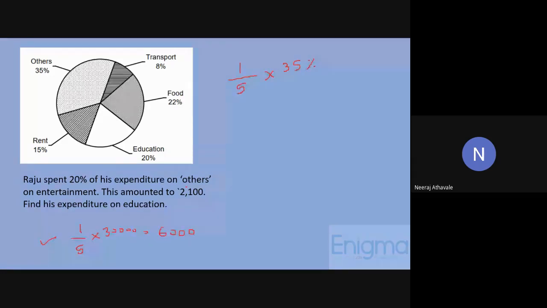Okay, so just be careful. So now यहाँ पे कैसे किया है हमने? 20% of others, मतलब this becomes 7%. 7% corresponds to 2100. Okay, that means same thing. So expenditure on education, 20% corresponds to, we have to find out, 7 threes are 21, so 23s are 60, and then two more zeros. Answer will be 6000. Okay, correct.